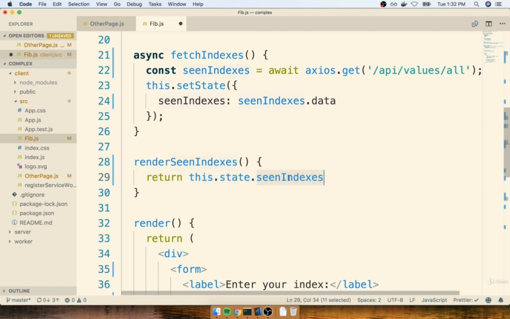Now, seenIndexes, just so you know, we haven't really looked at these data types that are floating around, but essentially this is an array with a variety of different objects in it, and each object has